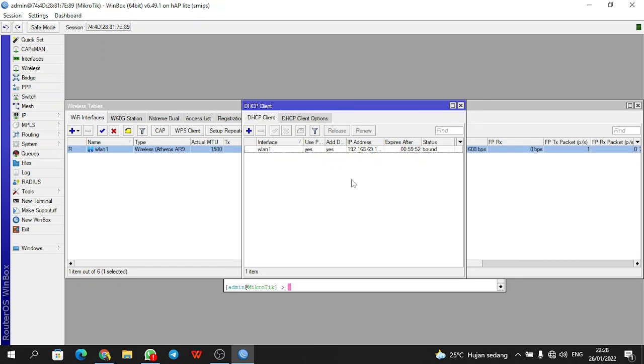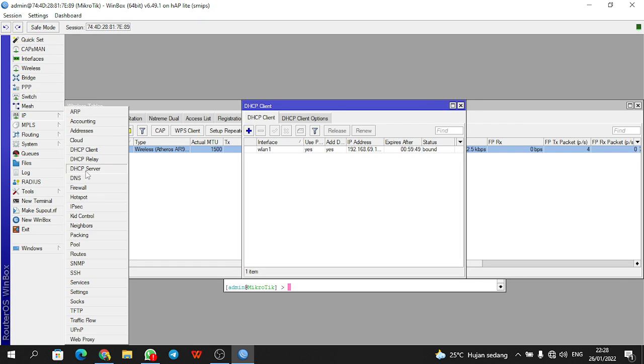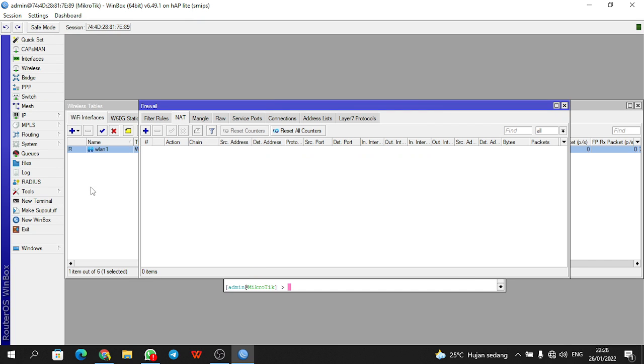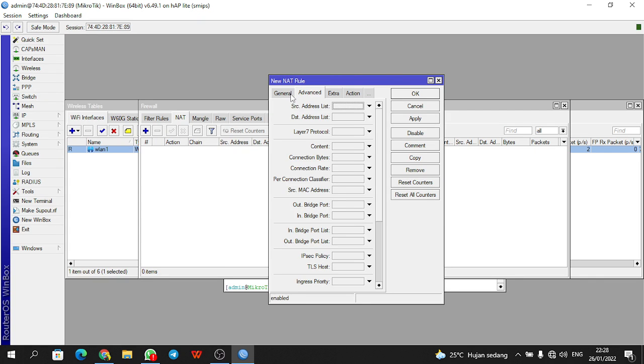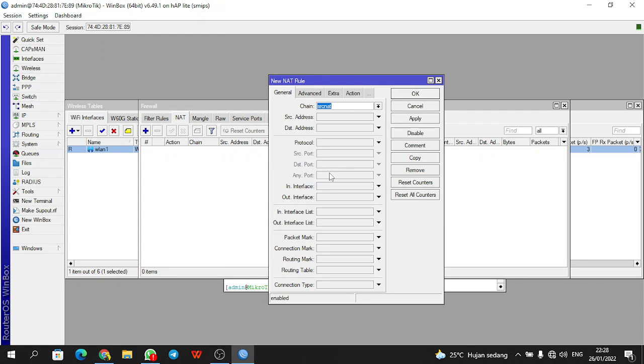Okay, next we click IP, then firewall, and select NAT, or network address translation. Next we add, in the general tab, the out interface VLAN 1.